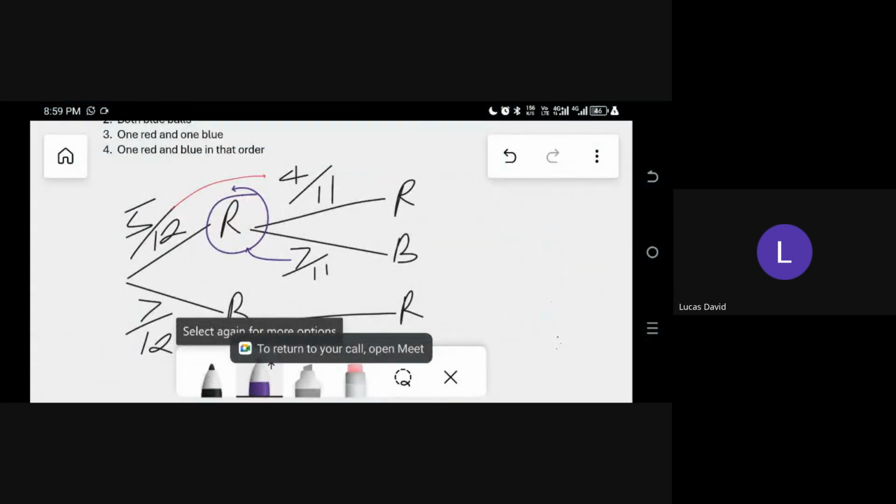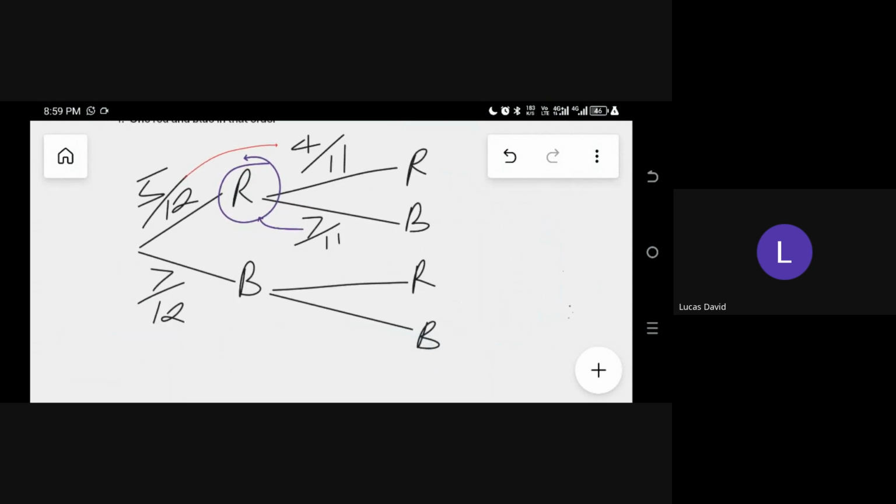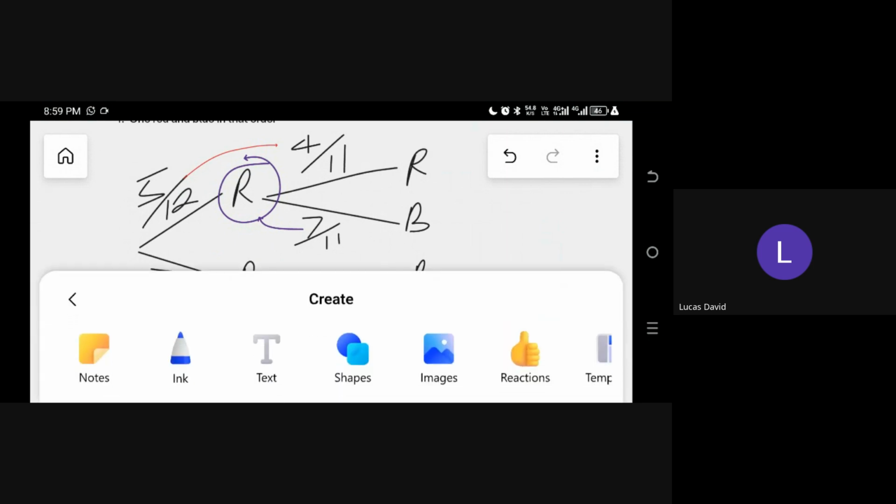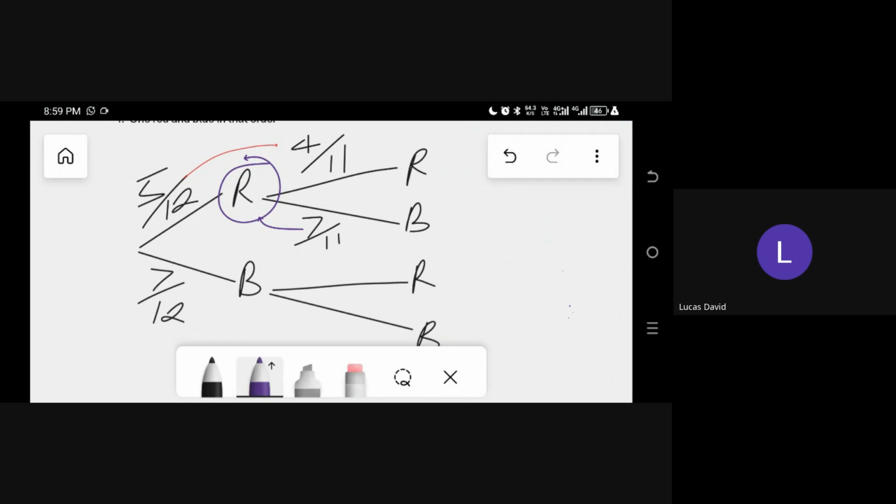All right. So we are done with the part that it was red we picked the first time. So let's go to the second part. If it was blue we picked the first time and we did not replace it back, then the probability of picking a red the second time,